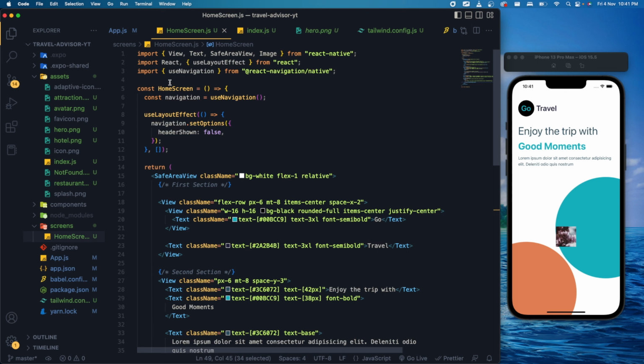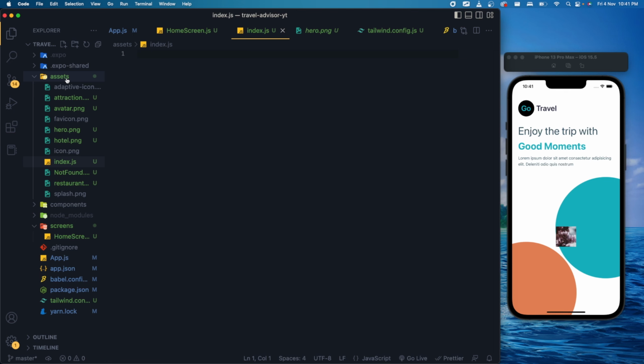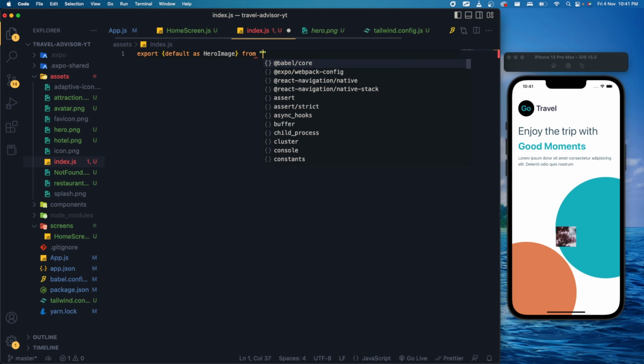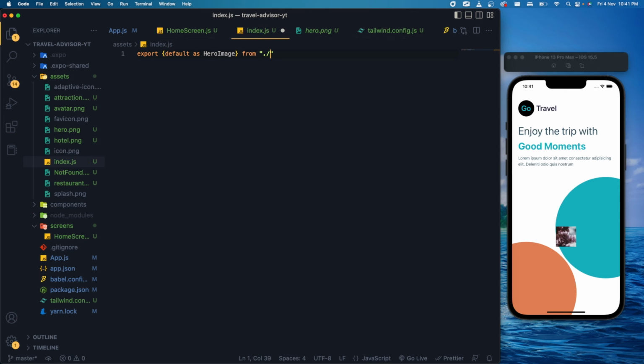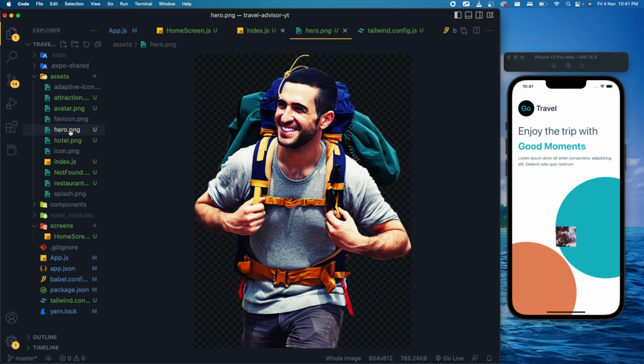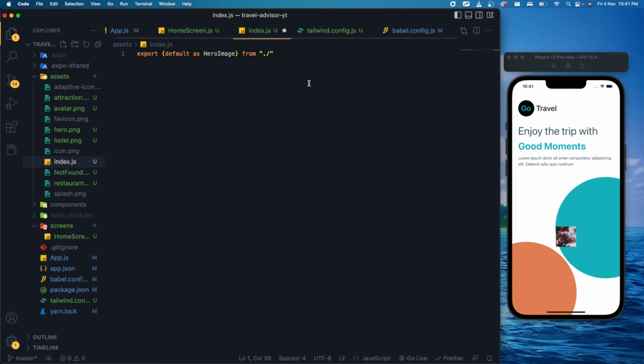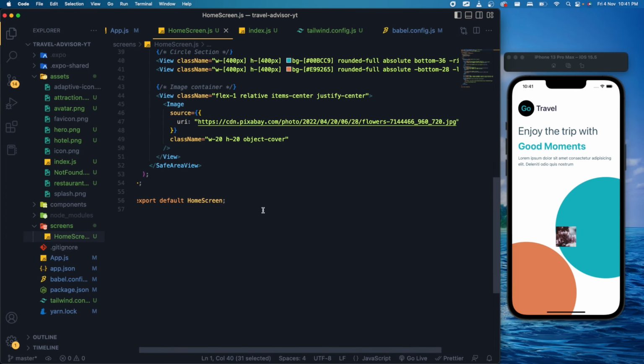If we are going to do it this way, it will create the 10 to 16 import statements differently. I need to import it in this way, so that's the reason we are creating an index.js inside the assets folder, and I'm going to export that image. Export default as hero image from dot slash, and I'm just going to copy the name of that image and paste it here. Save the changes. Now it will be exported, and inside the home screen, inside this URL,